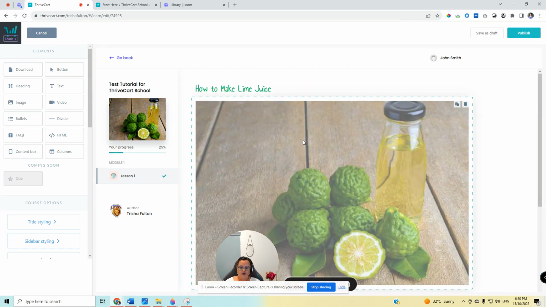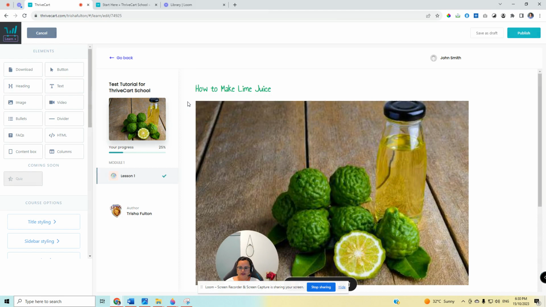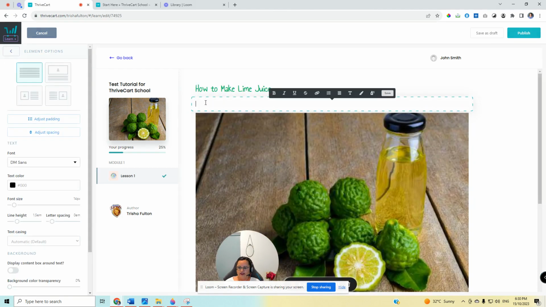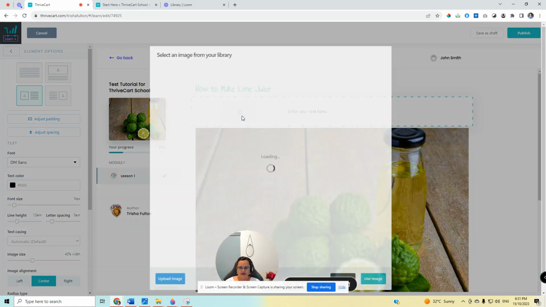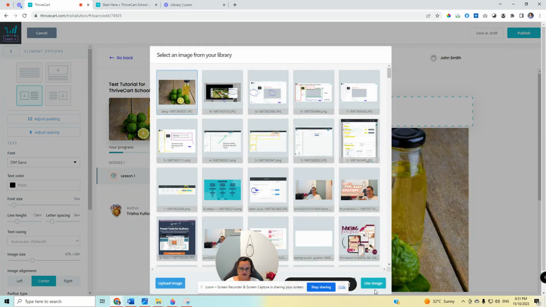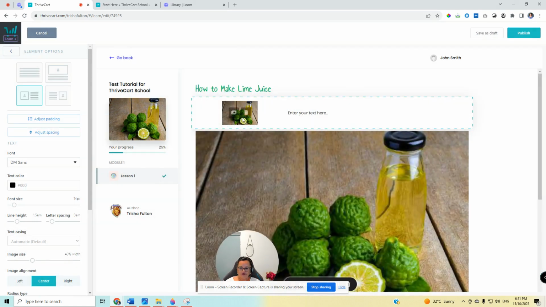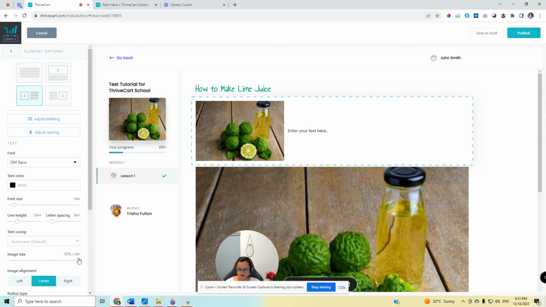Another way that you can do an image without it being so big is to add a text box and then choose an image layout like this. Actually, this works really nicely because it doesn't take up too much space and it doesn't look out of proportion. And you can also modify the image size. So I'll go to 100% width, and the text